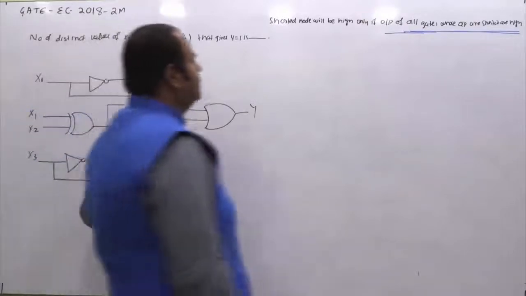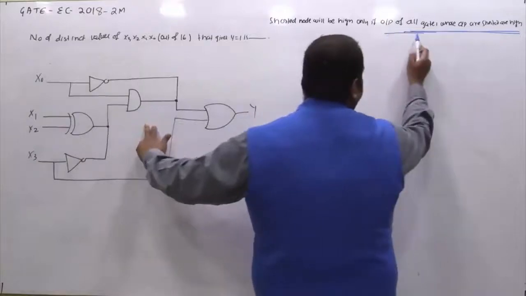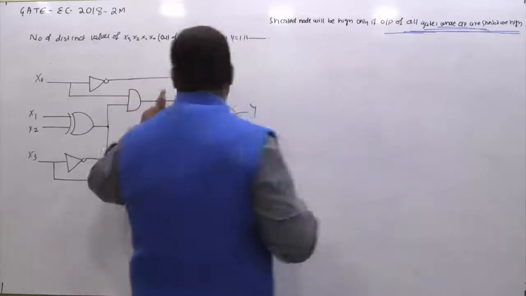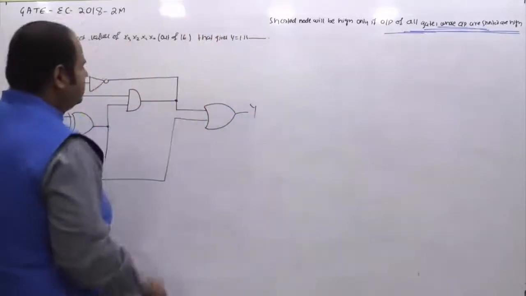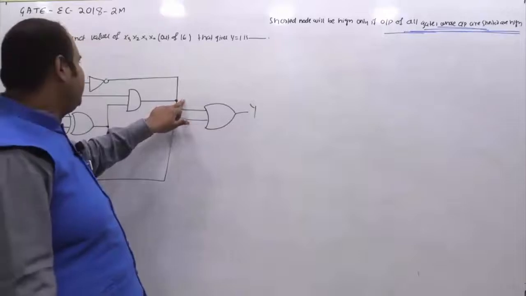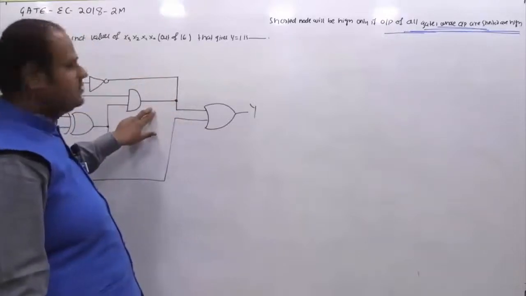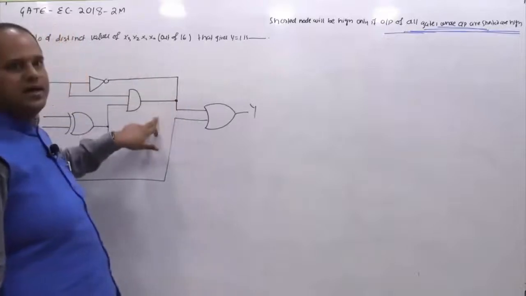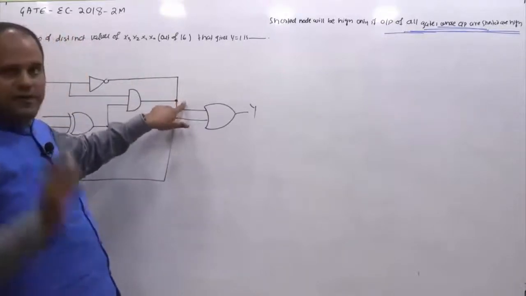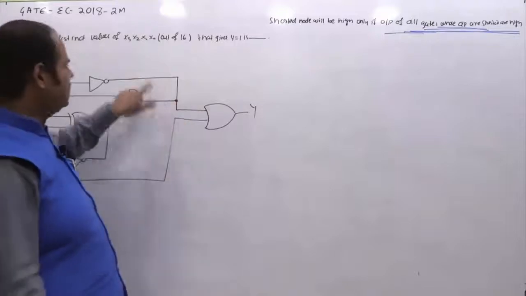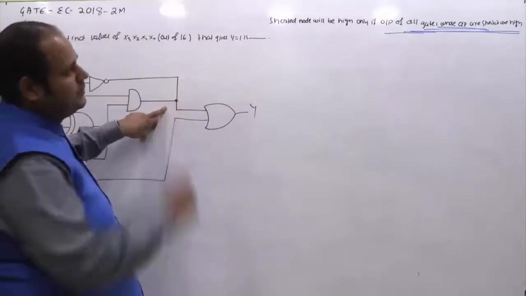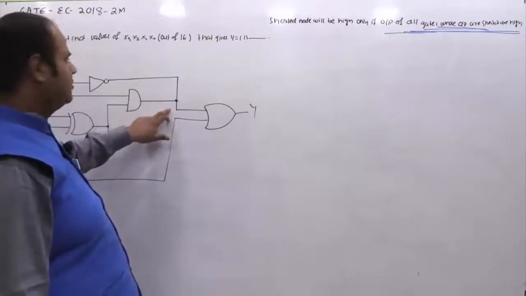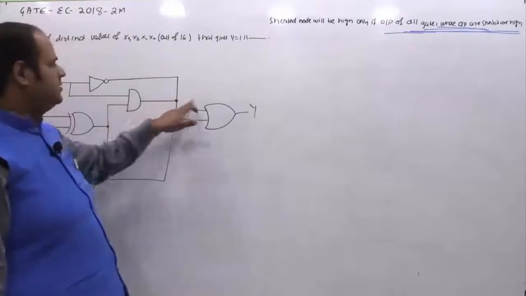So I have to consider only the outputs of all gates whose outputs are shorted, so this and this. What this is telling is that this node will be high only if this is high and this is high, because the output will be high only if the outputs of those gates which are shorted are high. So this node will be equivalent to logic 1 if this is 1 and this is 1. That is what it is telling, right? With respect to this, if this and this are high, this will be high.